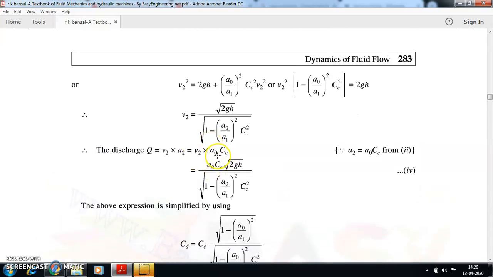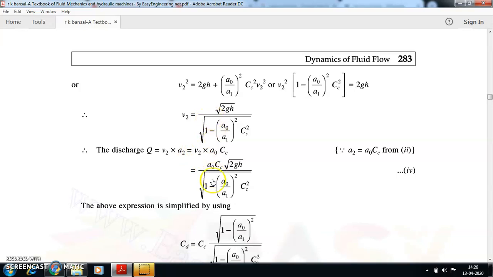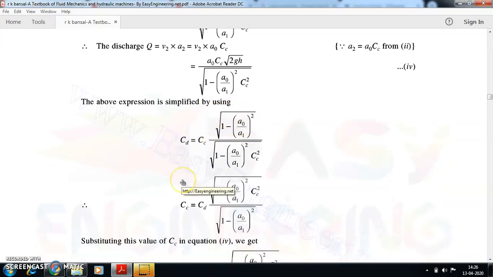So A2 can be written as CC into A0. So Q will be equal to A0 CC into root of 2GH divided by the same thing. You are just substituting V2 in the Q equation. Similarly, I am substituting A2 from the CC equation. That's it. Now the above expression can be simplified by using